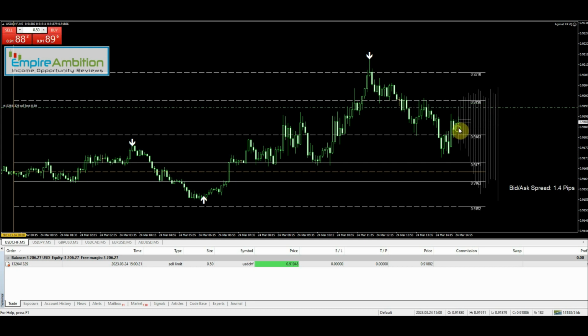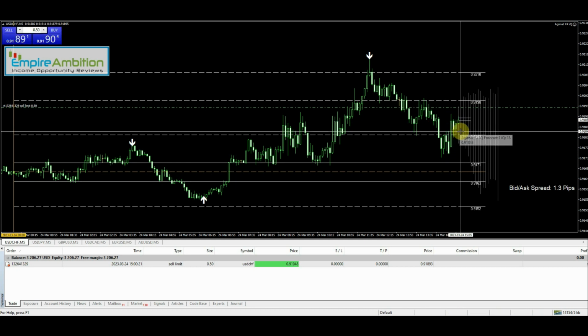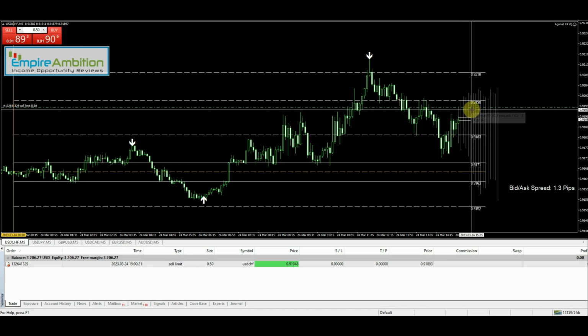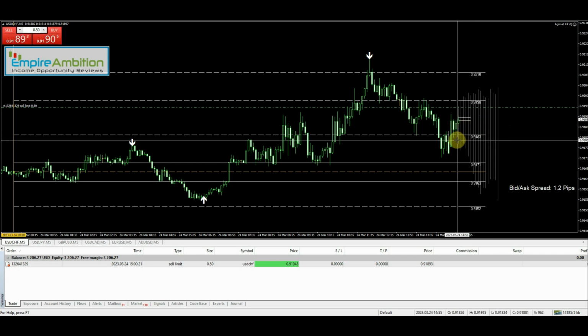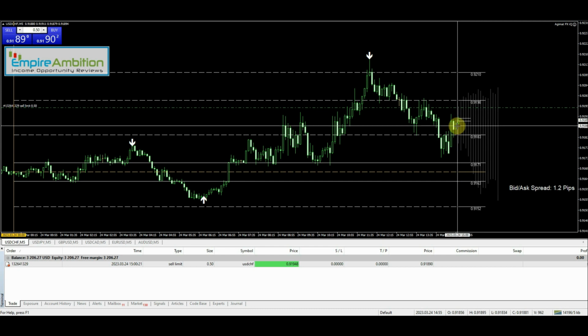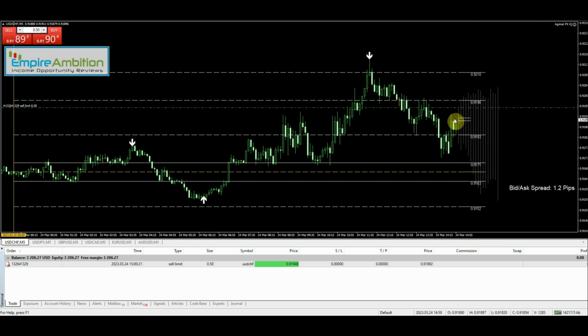Or it could decide to just drop right here at this level, but we're gonna wait for a little bit more of a pullback. It's already pulled back quite a bit, as we can see here. We were down here, we got a pullback. So we're gonna see if we can't get a little bit more out of it,